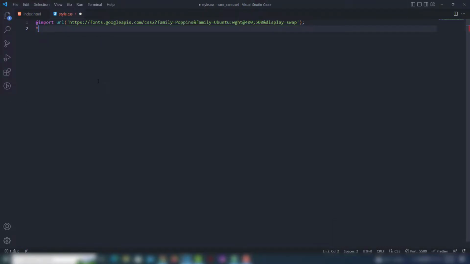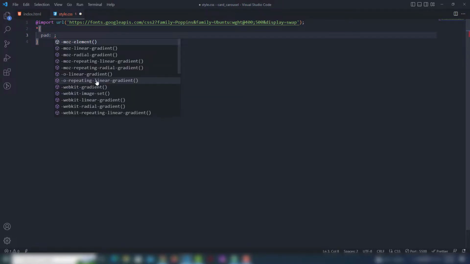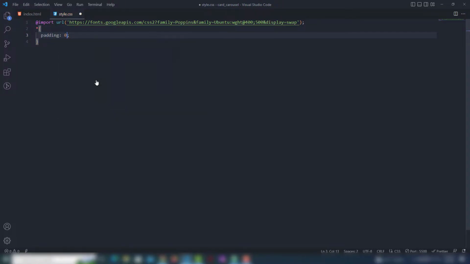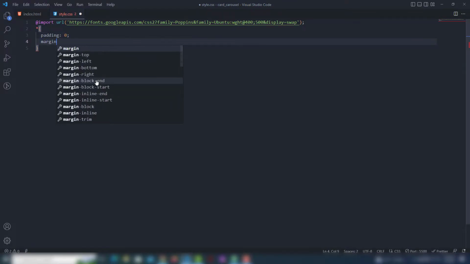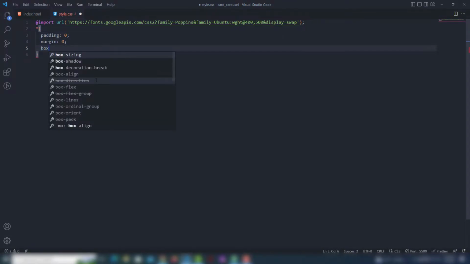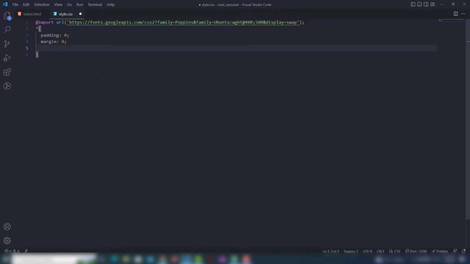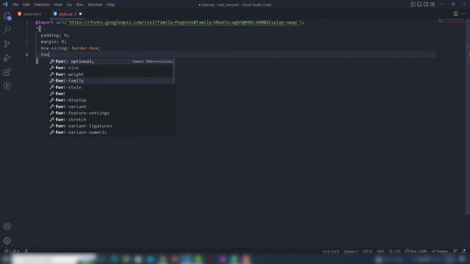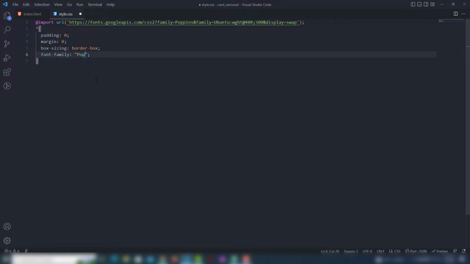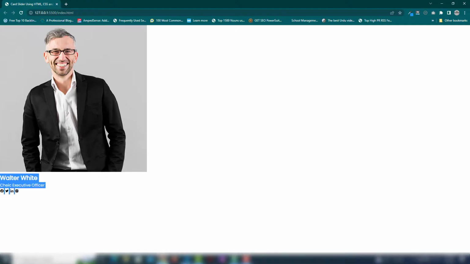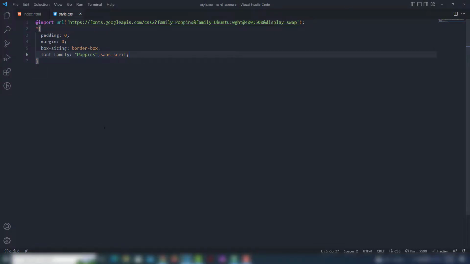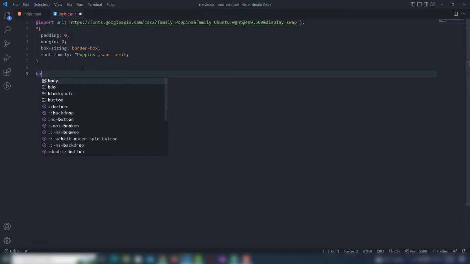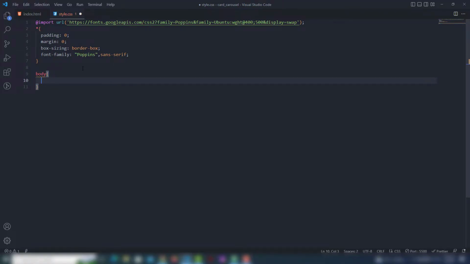project. So reset the property, padding 0, margin 0, and you need to use box-sizing, border-box, and also I'm gonna add that font-family will be Poppins, sans-serif. So let's see, right? Then I'm gonna add that will be body tag, and I want to display my content